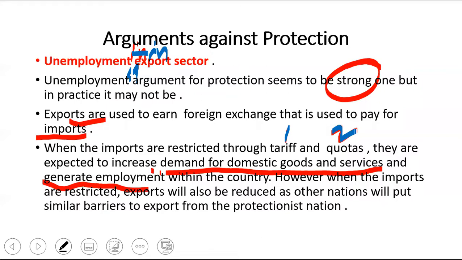So when the export is decreasing, what will happen? Import will decrease. Similarly, export will also decrease. Naturally, the country that buys from us will not buy either. So export will also be reduced, import will also be reduced. When the export is reduced, what will happen? Unemployment will increase. Okay. Where? Domestic unemployment will increase.